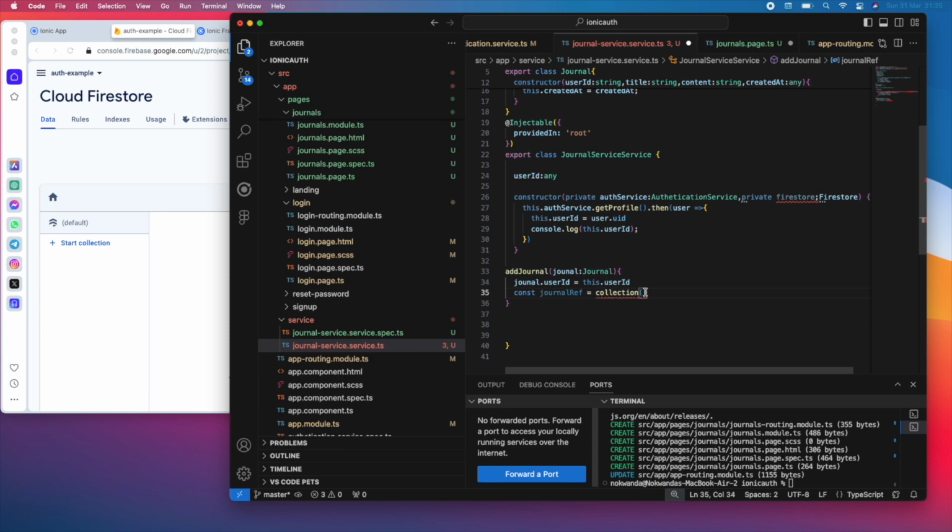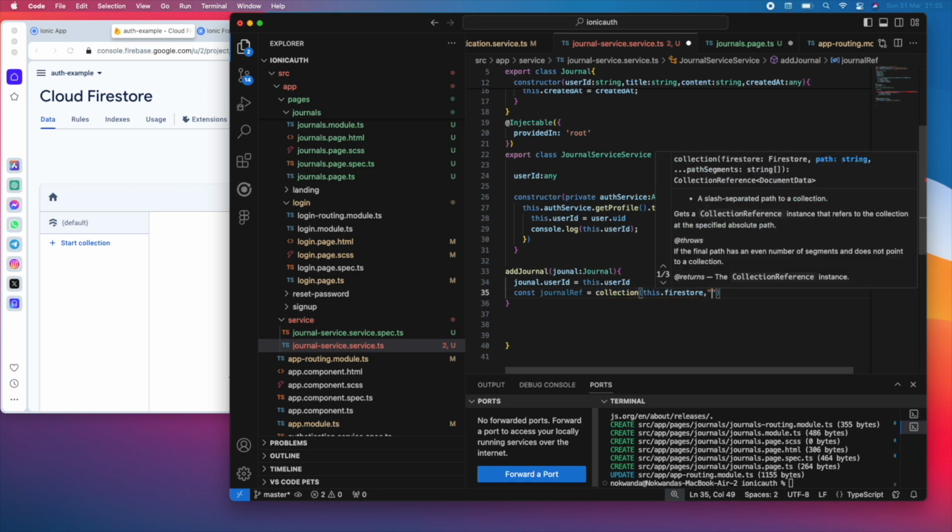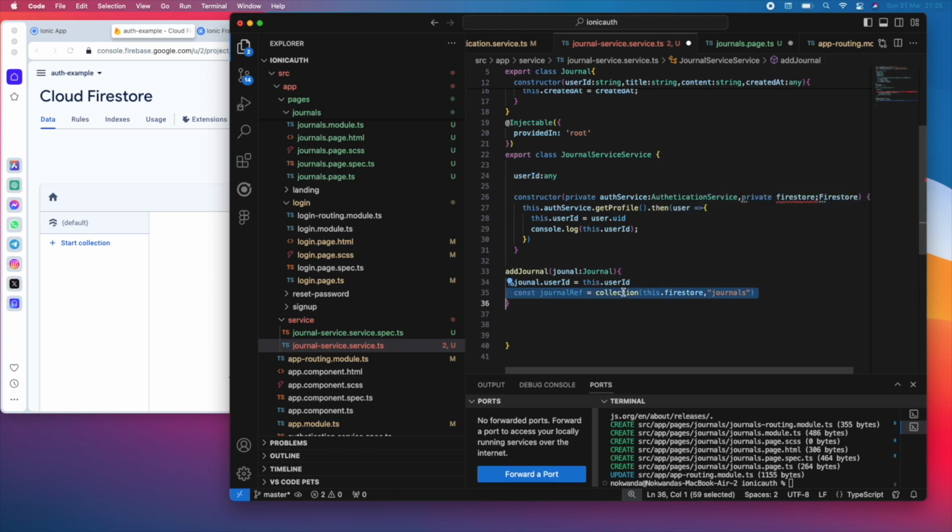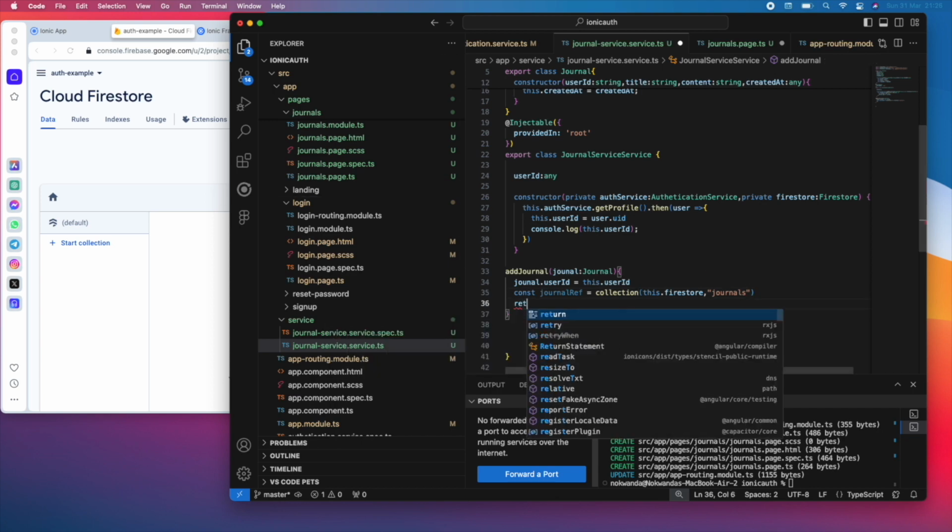So now I'm going to call it, this.firestore. We are saying please use Firestore and create a collection, and the collection should be of name journals, and this will create a collection for us. I missed that part here. Okay, get journals, not add journals. Now we're going to return